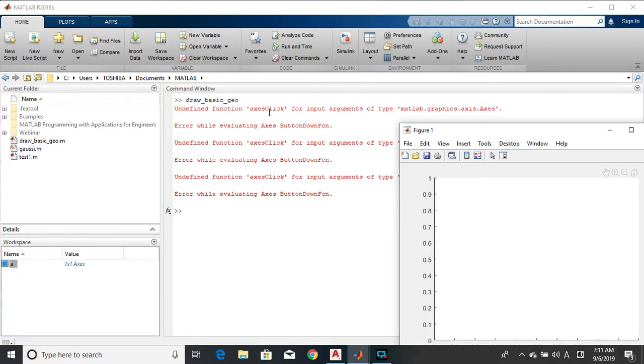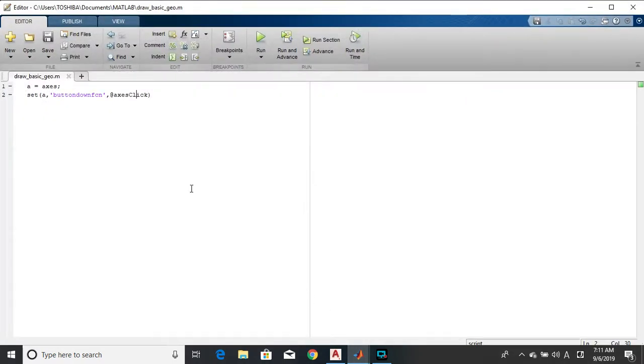I need to create that function. So that's what we'll do right away. Let's just go back to our editor and then create the function. I'll just say plus here and we'll say function, axis